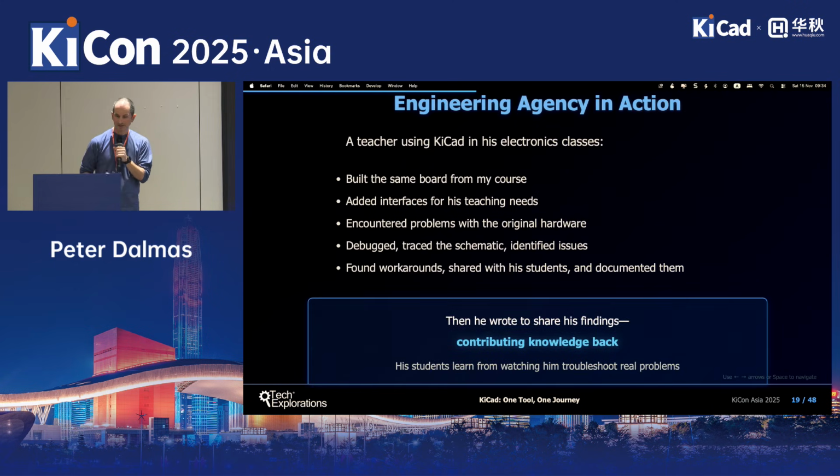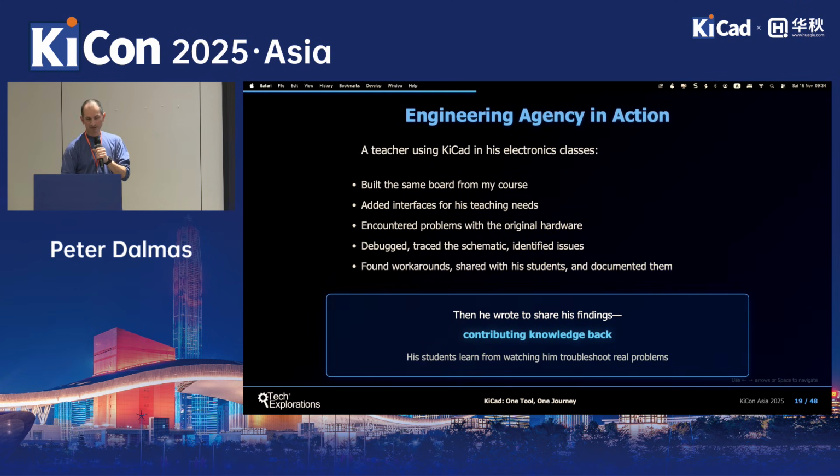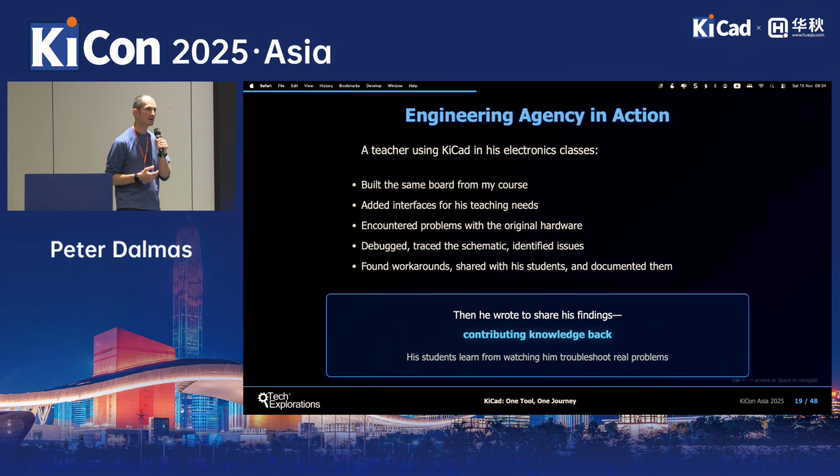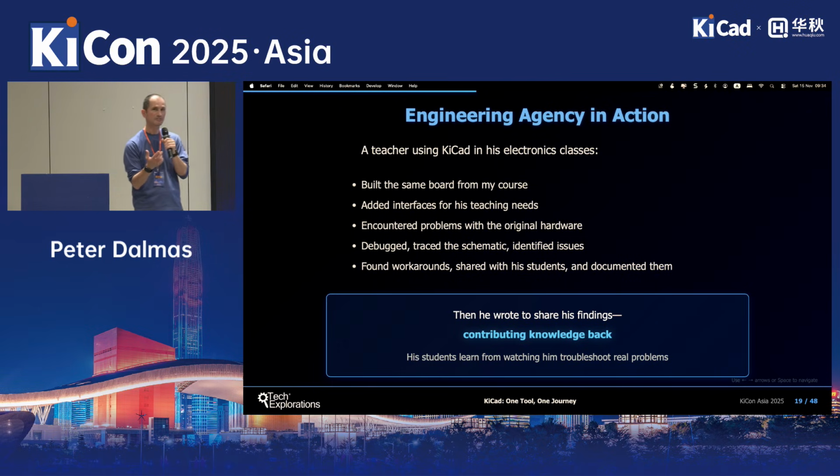This is another thing that I like about open source. This actually happened recently, where I asked my community, because I was coming here and I wanted to put some content together, if any teacher has any stories to tell me about either using KiCad or open source software. I didn't want to make it specific to KiCad. And one teacher said that, yeah, recently I had a problem with one of my designs, which had a bug.